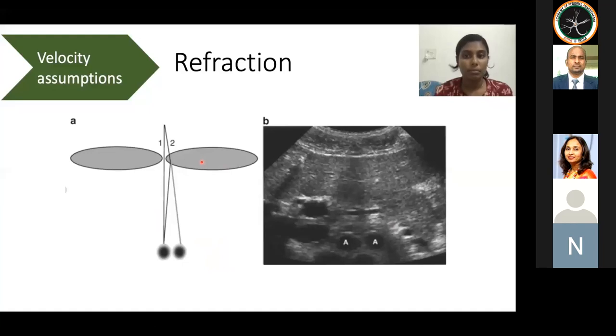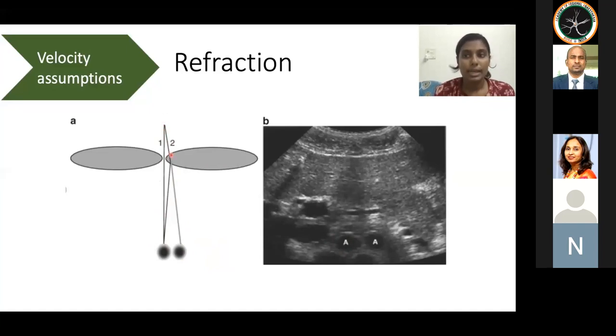This is the rectus muscle that acts like a lens, diverting the ultrasound beam, and this is the aorta. The ultrasound beam labeled 1 passes between the two rectus and hits the aorta, forming an image here. Now the second ultrasound beam passing through the rectus is changed in direction. It also hits the aorta and returns back to the probe.